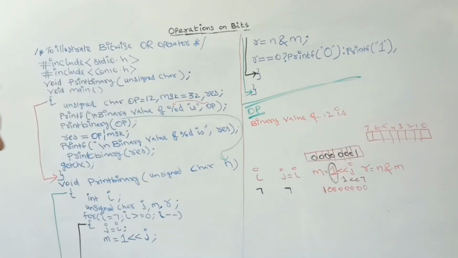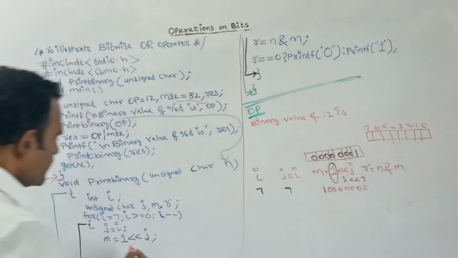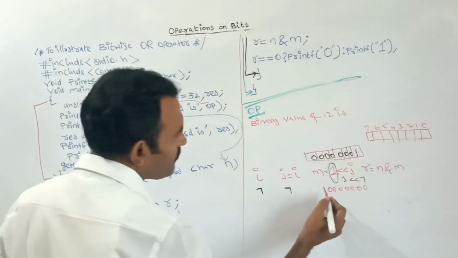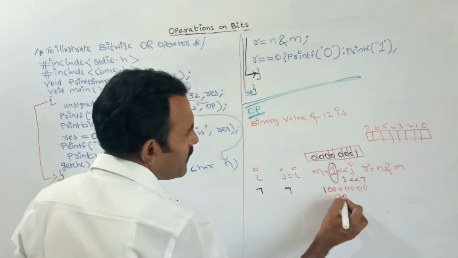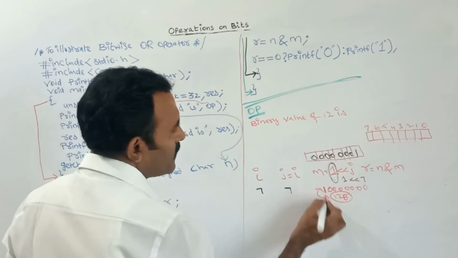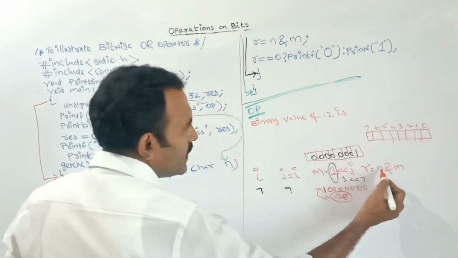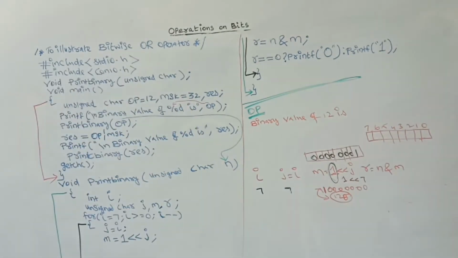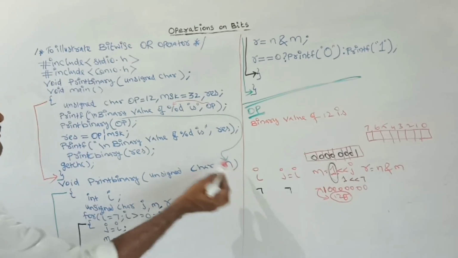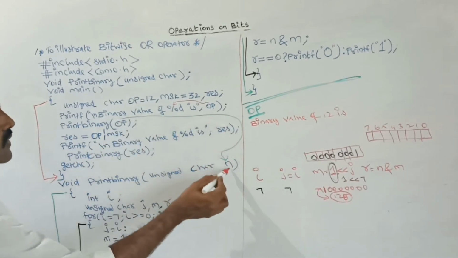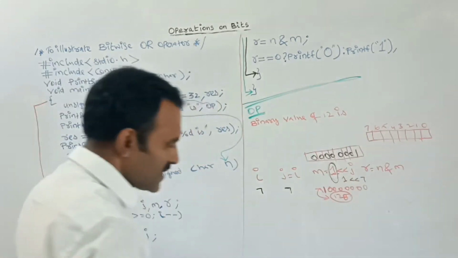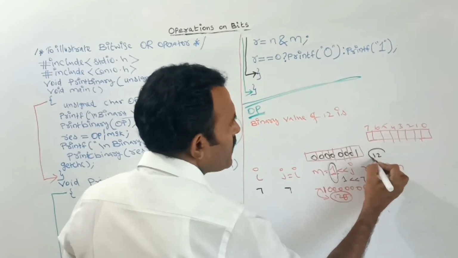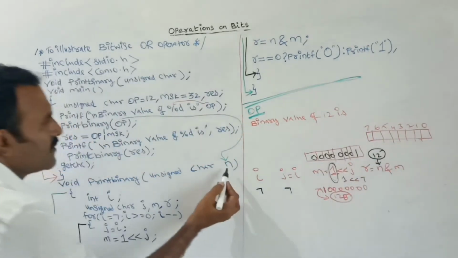So while storing here the m value, the corresponding decimal value will be stored here. So what is the decimal value here? 128. This is the decimal value. Next here r is equal to n, I am ANDing this n with mask value. So what is the n value? N value is here what we had passed from OP, that is 12. So n is equal to 12. This is the constant value for each and every iteration. This n value will not change because what we had passed will be constant here.